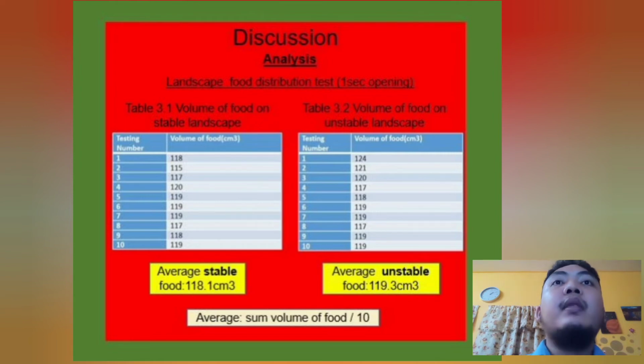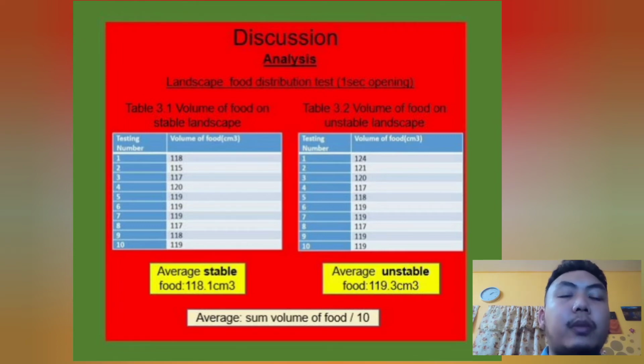And then for the unstable landscape, it is also the same but with a higher amount of food at the first part of the testing. The flow is just almost the same as the stable one. And after the calculation they have done, as you can see here, the average amount of volume for the stable part is